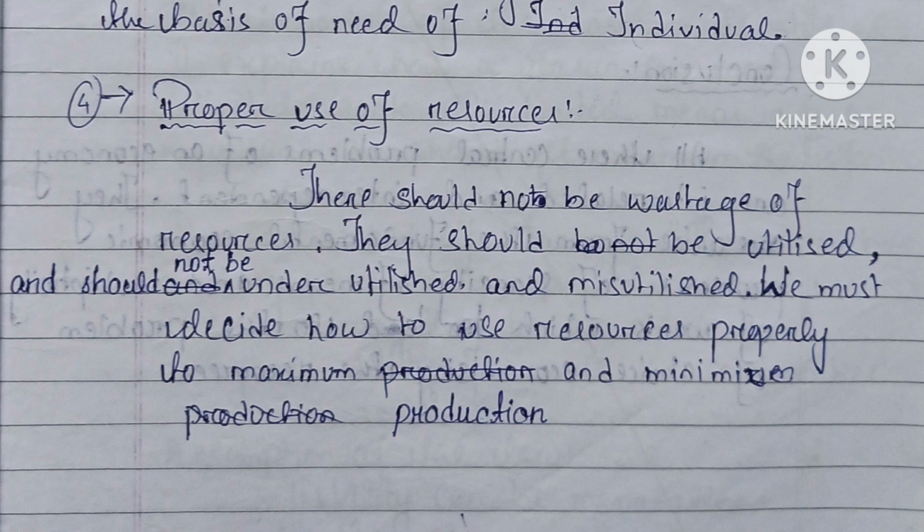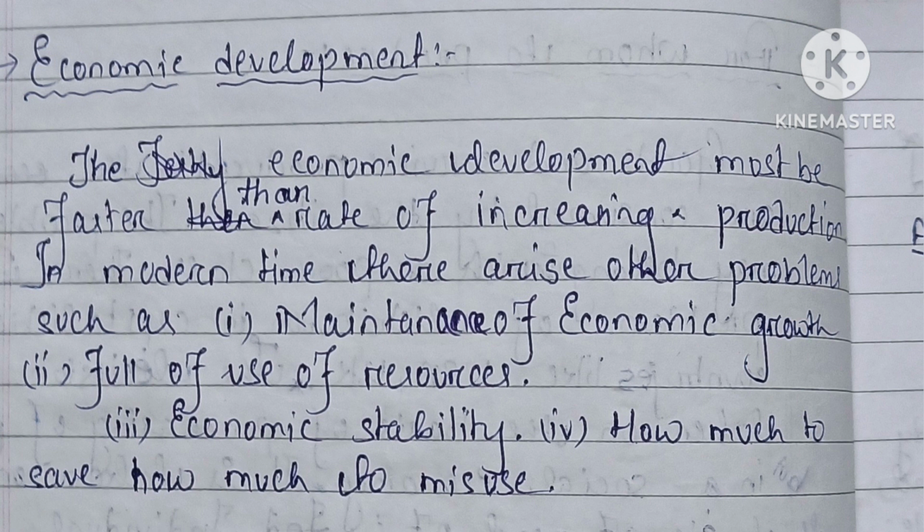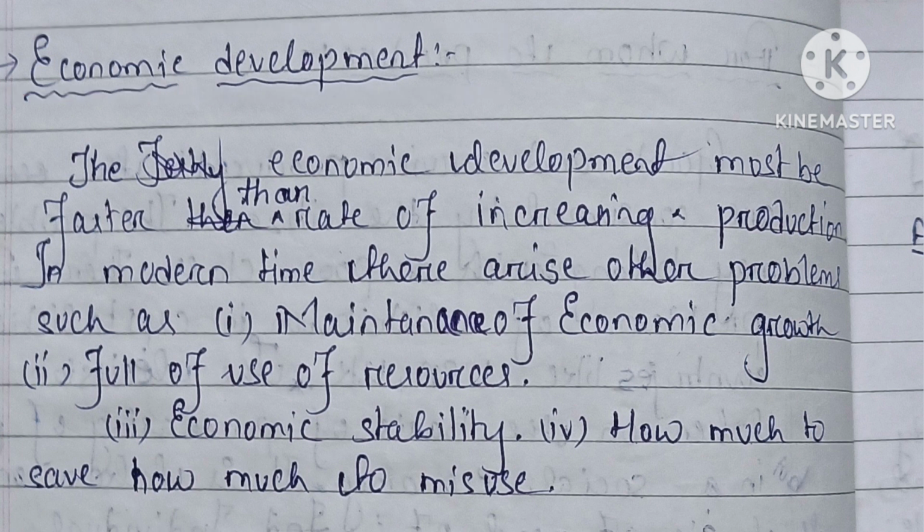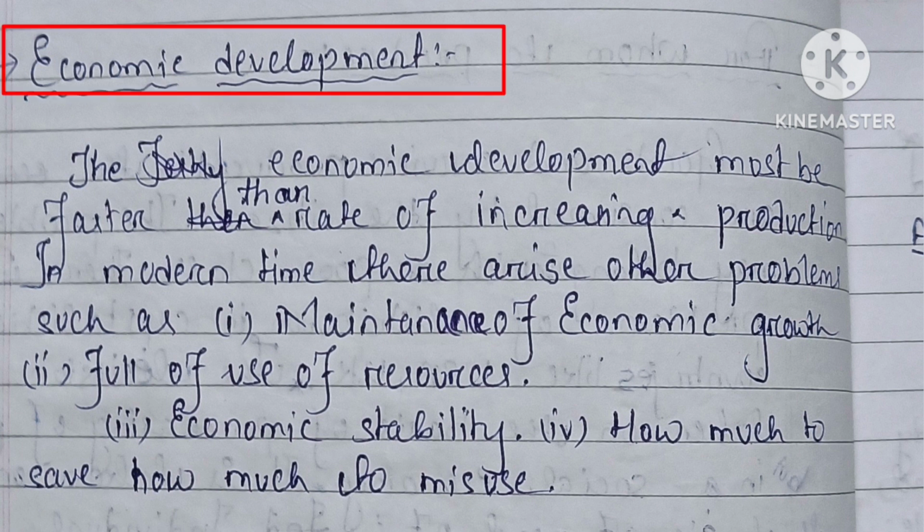How to achieve economic development and make it cost effective for the consumers is a major thing that an economy has to face. So it is another challenge, or you can say another major problem of an economy, because economic stability is a major concern that we have to maintain. So we are here to decide how much to utilize the resources and how much output we can produce that is sufficient for our nation. We must be self-reliant in the production and consumption sections. So economic development is also an issue.